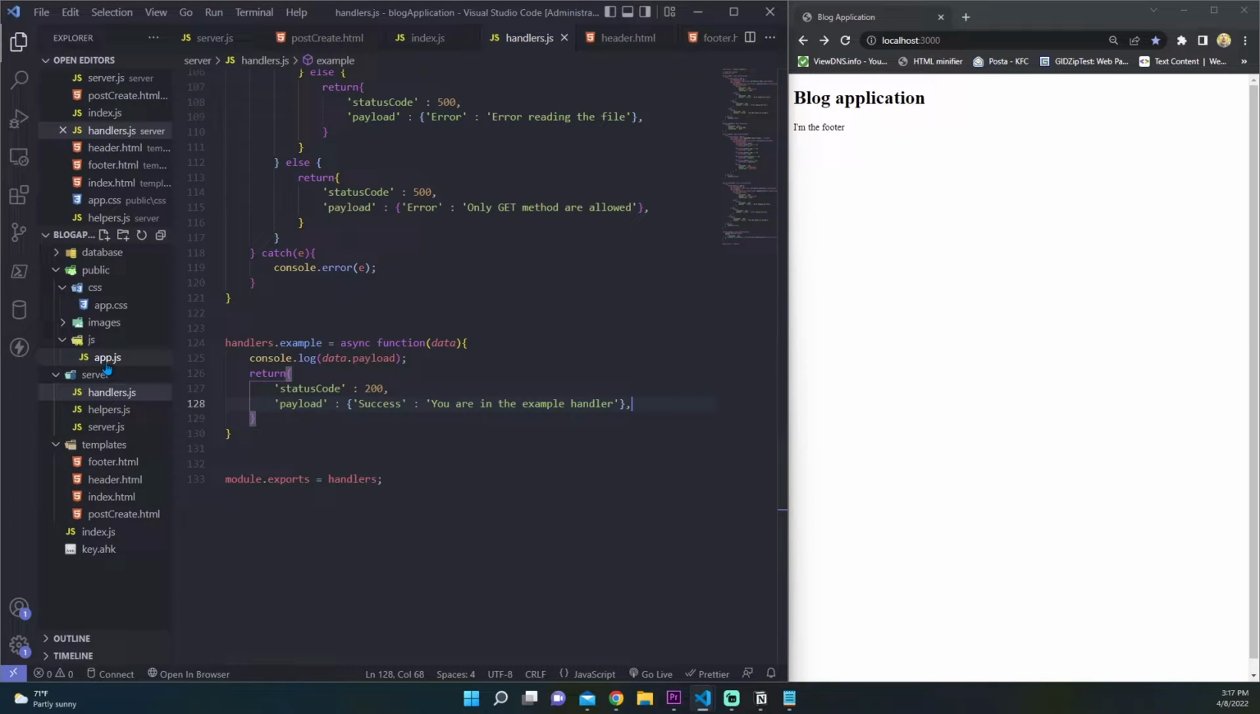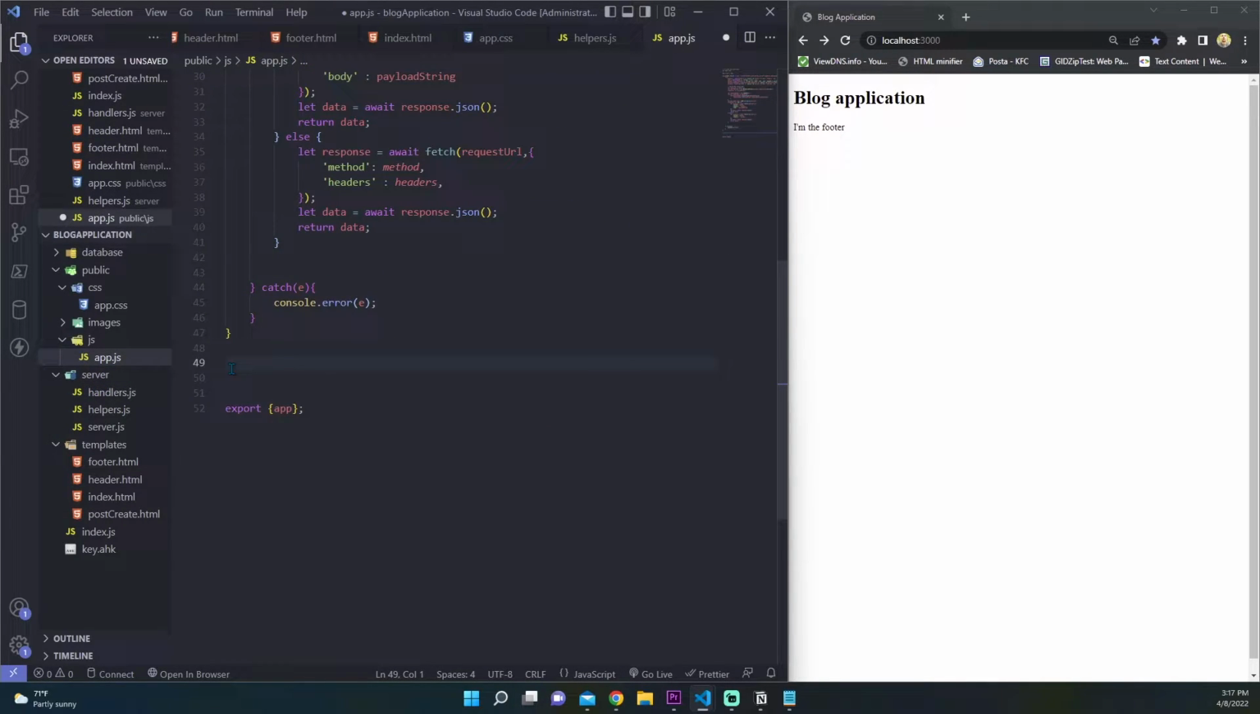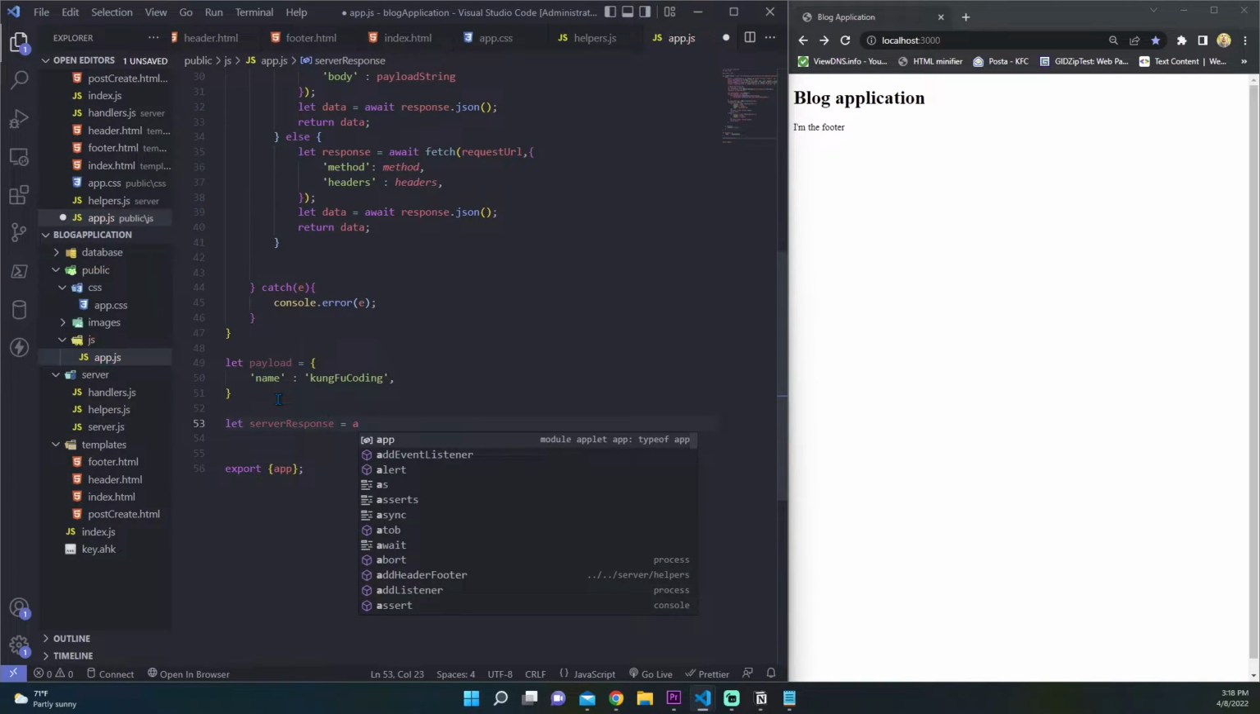Now we can go in our app.js file. Here let's say payload is equal to an object. I want to insert, for example, a name and the name is Fu coding, okay, this is our payload. Now we can do the request, so let server response is equal to await, and we can say